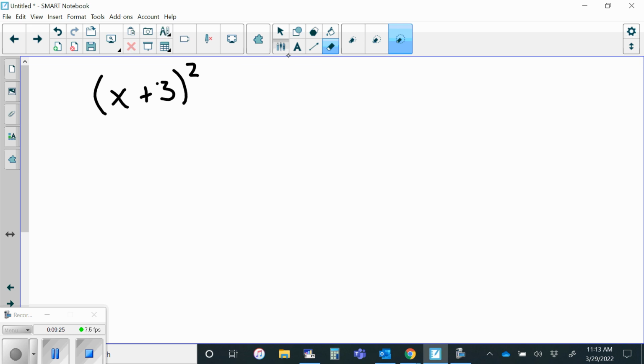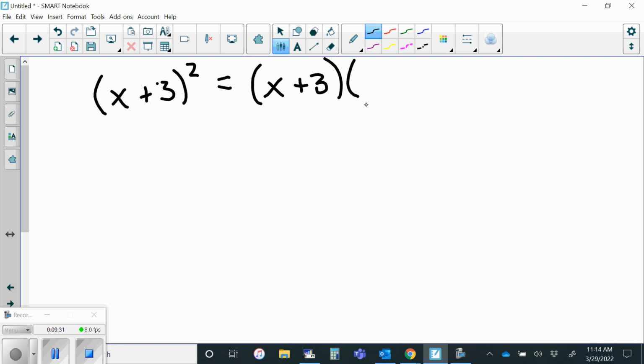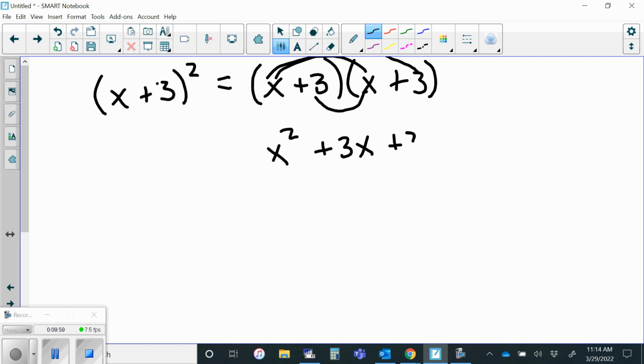When you square something, what does that mean? So doesn't this mean that it should be x plus 3 times what? All right, what does it mean when I have x plus 3 times x plus 3? Okay, so you go x times x, which is, and you go x times 3, which is 3x. 3 times x, which is another 3x. We're going to pay attention to that in just a minute. And then 3 times 3, which is